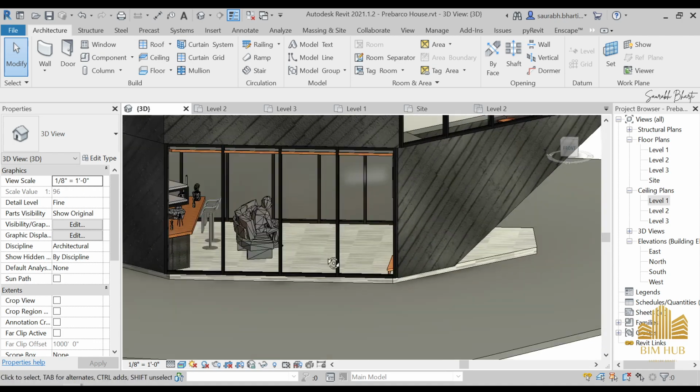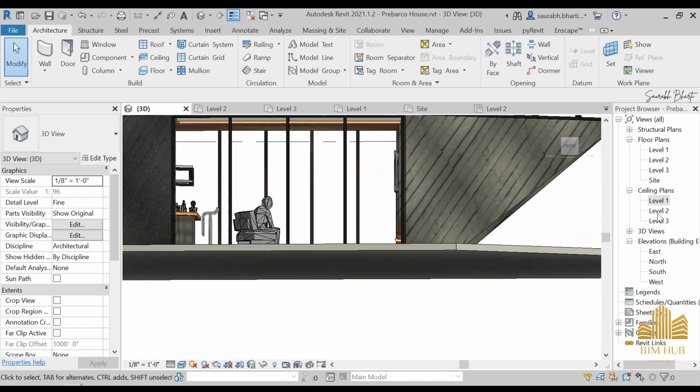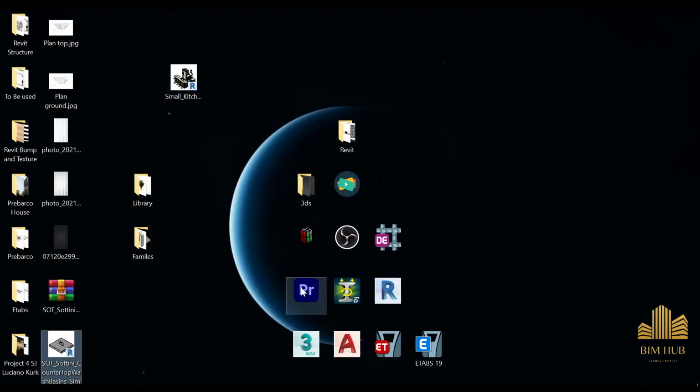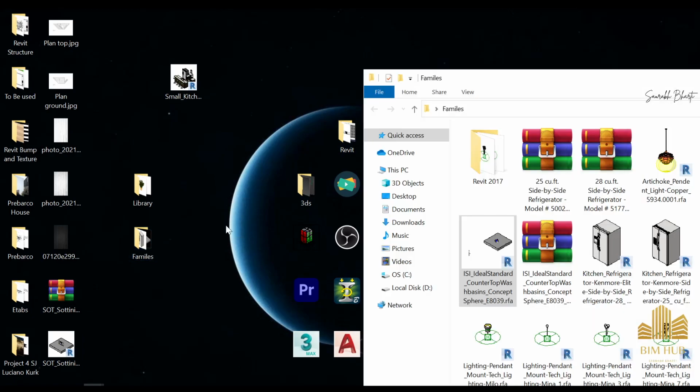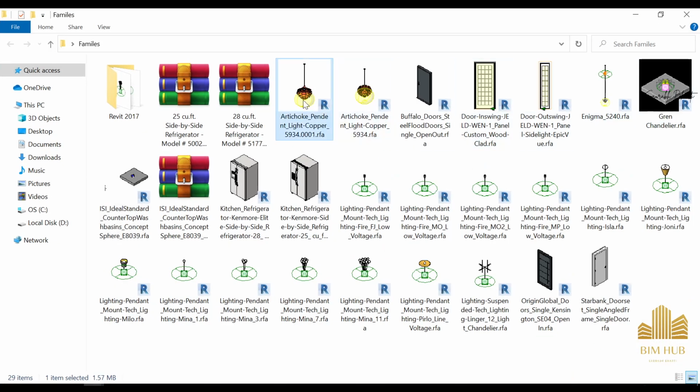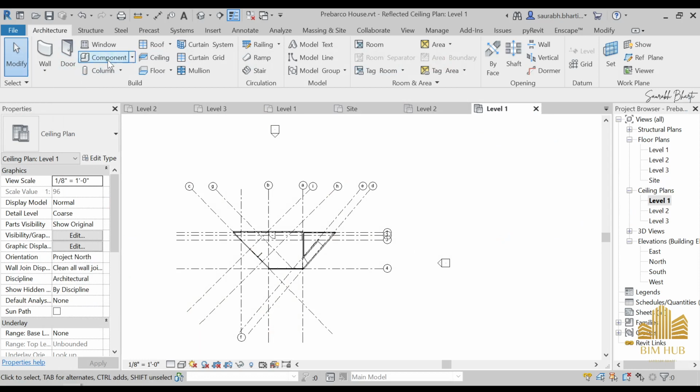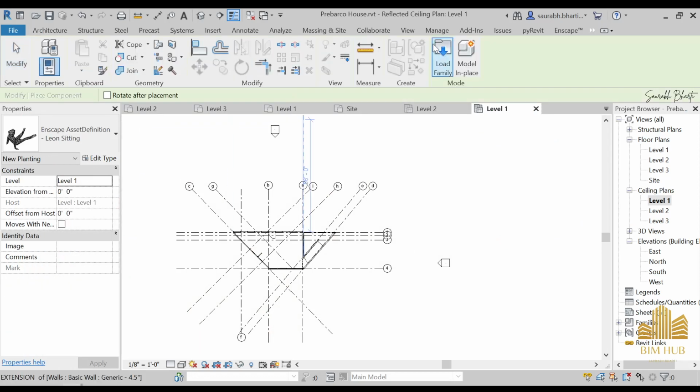After that, what we are going to do is go to level ceiling 1, and then go to families, and here you can find some of the light families. For example, if I want to use this enigma, just go to Revit once again, and here just close this one, go to component, insert,